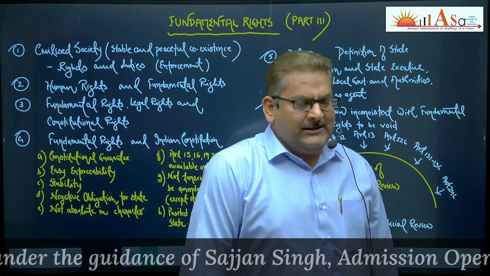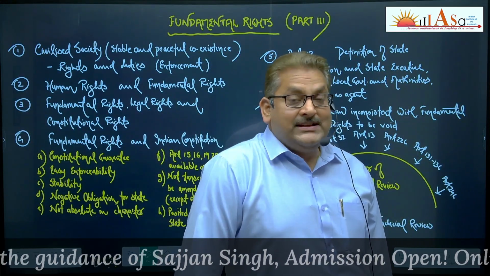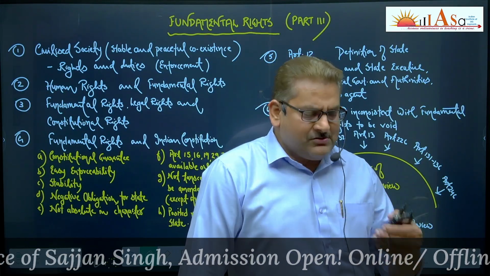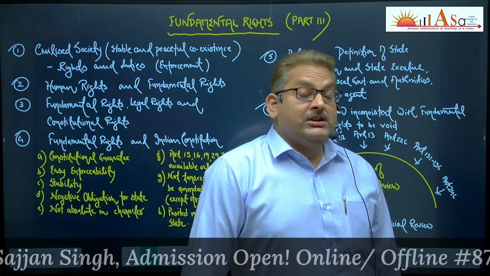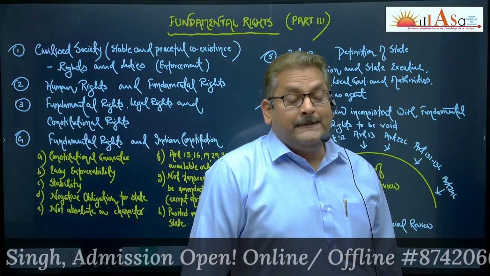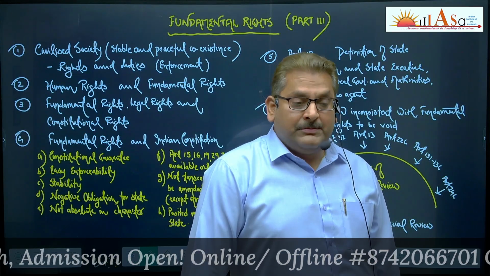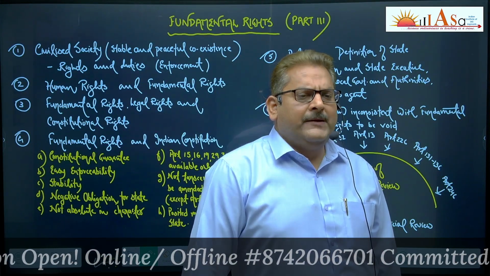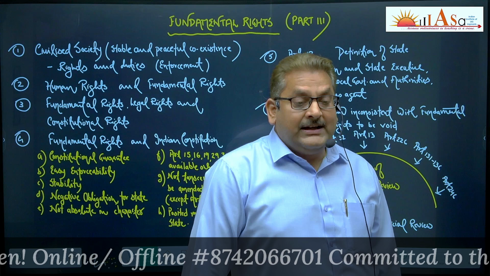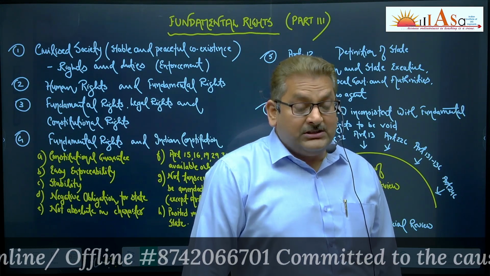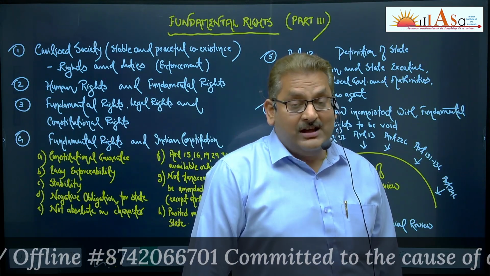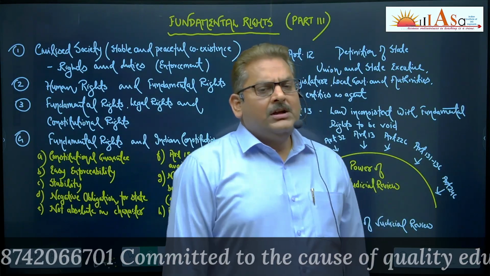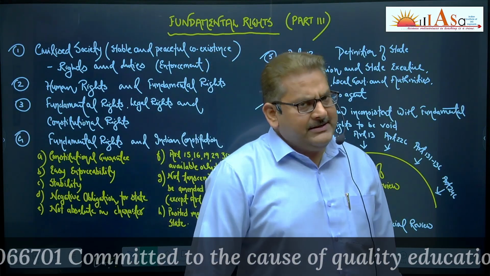How to establish the link? Whenever we think of any civilized society, what kind of society do we think of? We think of a society which is stable and very peaceful, wherein people have evolved and learned to live together. It is characterized by peaceful coexistence, and this is possible only when people have learned to enjoy their rights, and